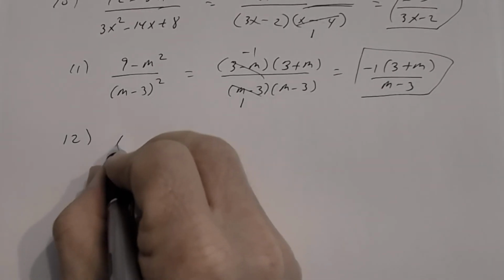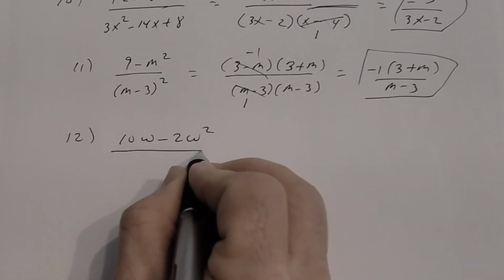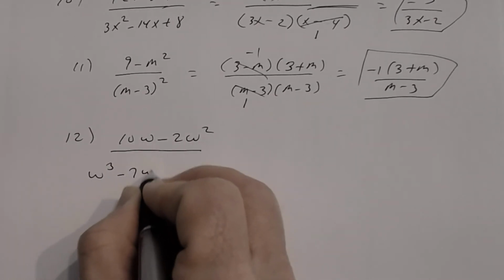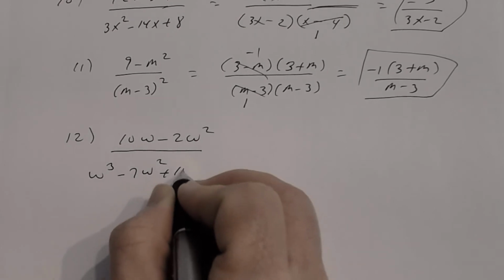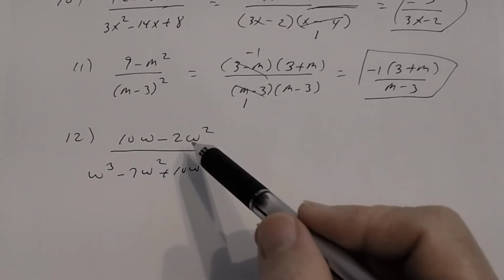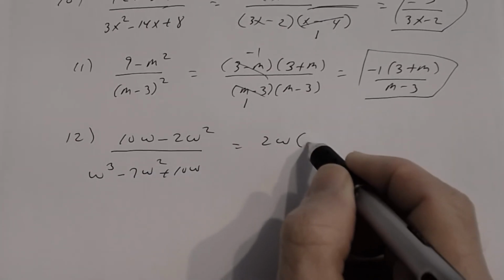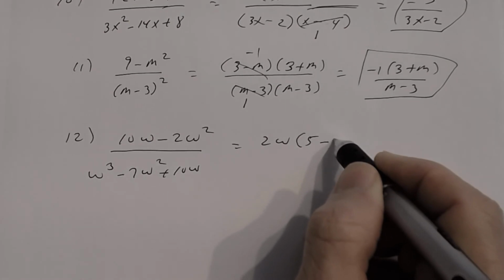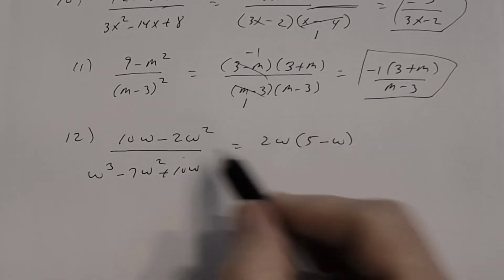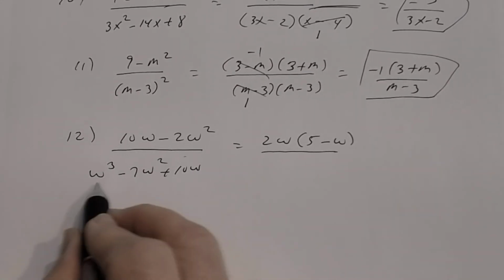So number 12, we have 10w minus 2w squared divided by w cubed minus 7w squared plus 10w. Okay? So in the numerator, I can factor out a 2w. So 2w times 5 minus w, is that correct? Let's see, that's 10w, and then 2w times the negative w is negative 2w squared, divided by, in the denominator,